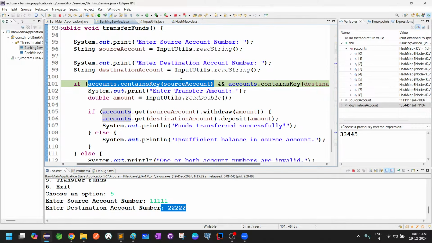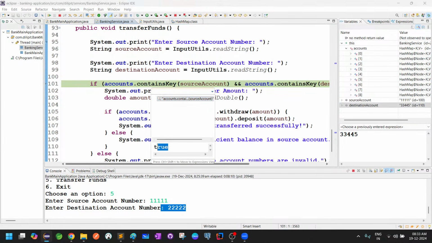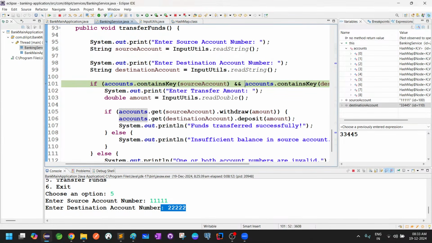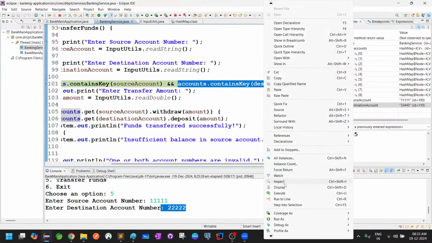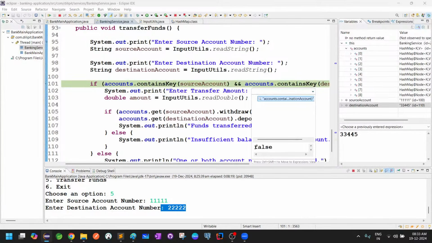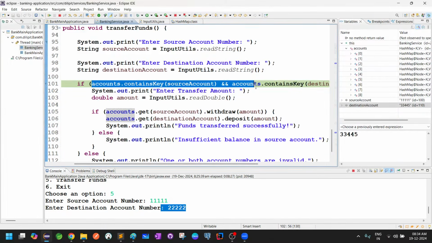Highlight it, source account, first account, 1111 exists. Inspect: true. Cool. Now the second condition, highlight it, inspect: false. That means the first condition is true and the second is false. True and false means what is the result? False. That means the overall condition result